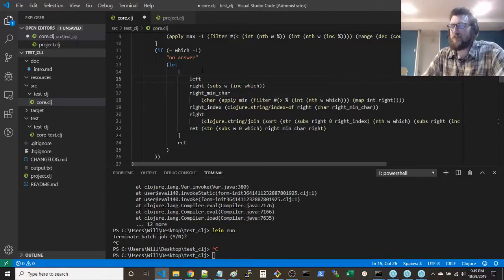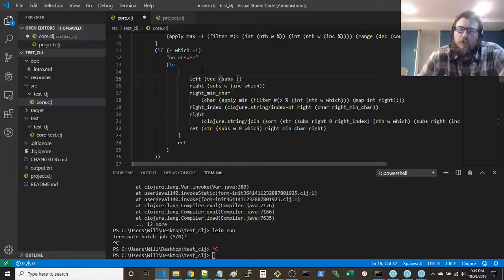Last time I did that, which was like create a vector of the substring. Yeah, that's what I did before. So I had before, let's create a vector of the substring, which was W, and